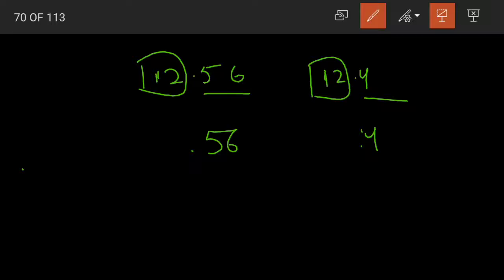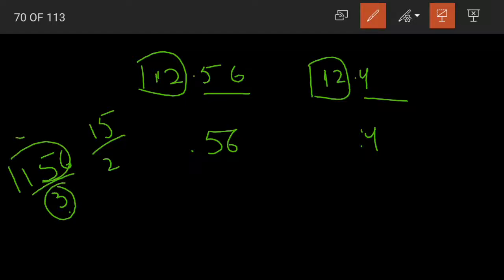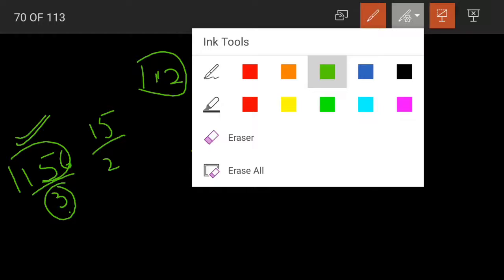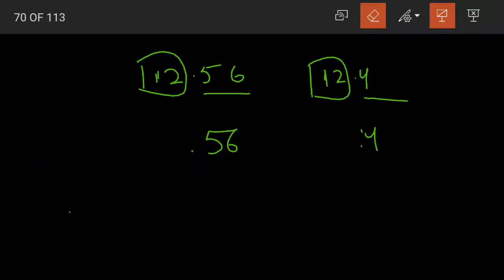Just now previously we have discussed that when you are comparing two whole numbers, then you will count the number of digits. It's having 3 digits and 2 digits. Yes, see, this is a 3-digit number, so you will say that it has more number of digits. So 156 is greater than 15. But in decimal numbers it's not the case. We can convert this one decimal place into 2 decimal places by adding a 0.